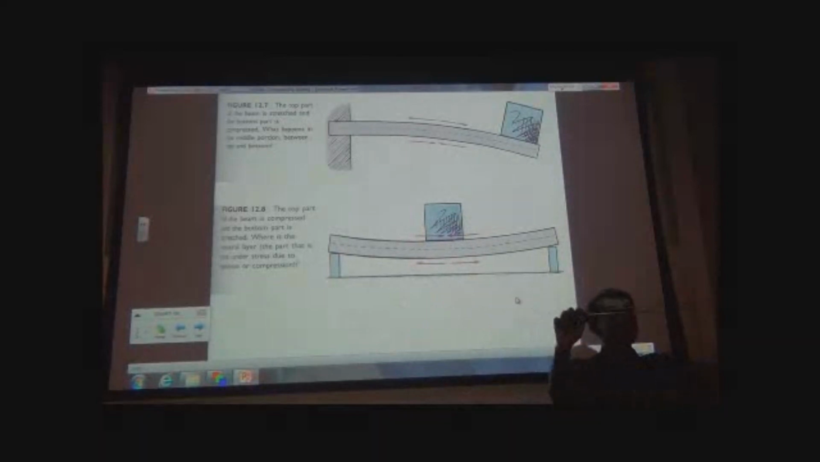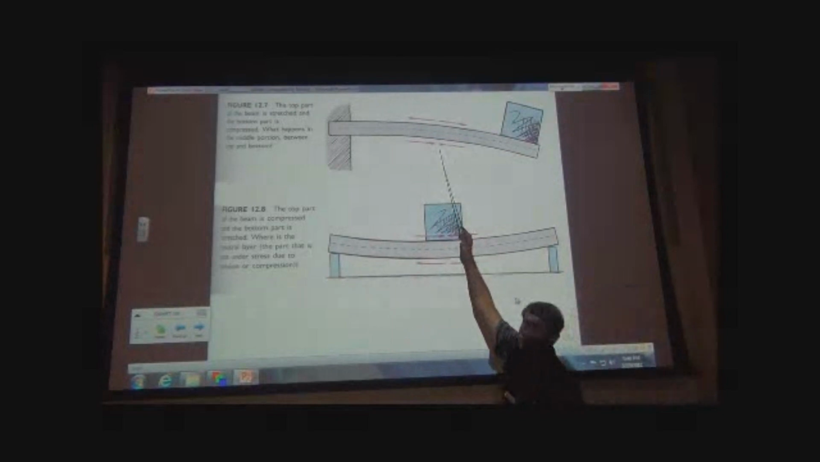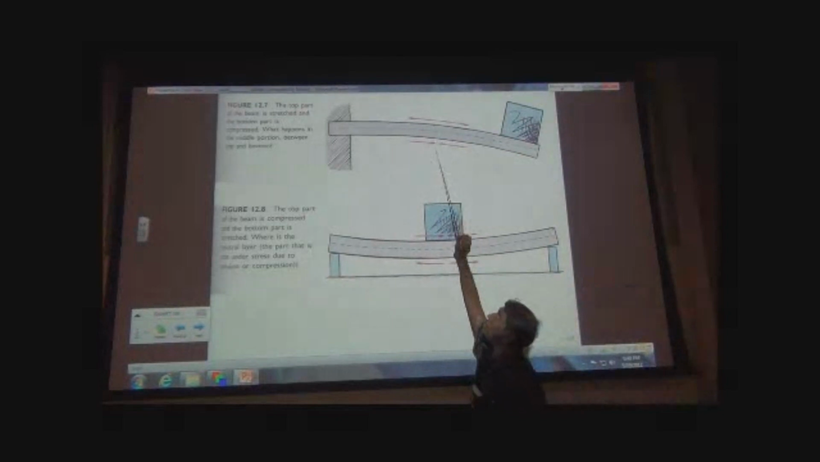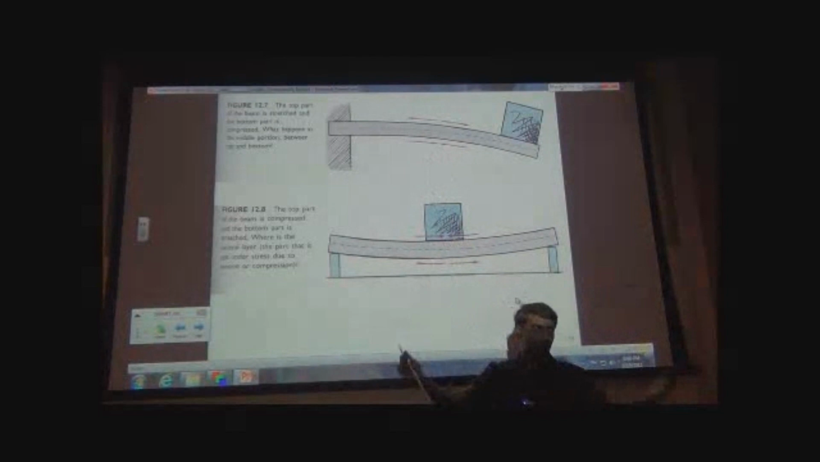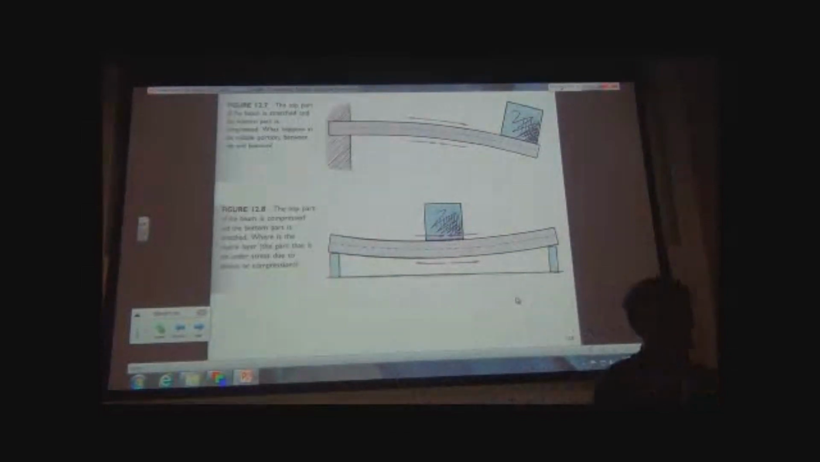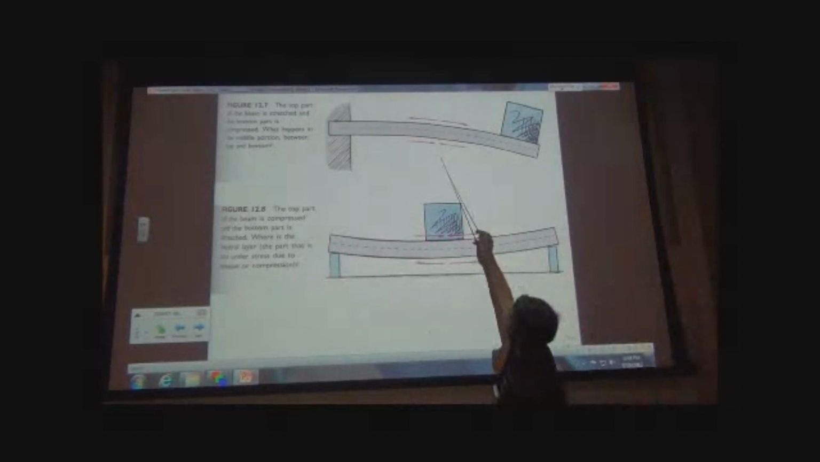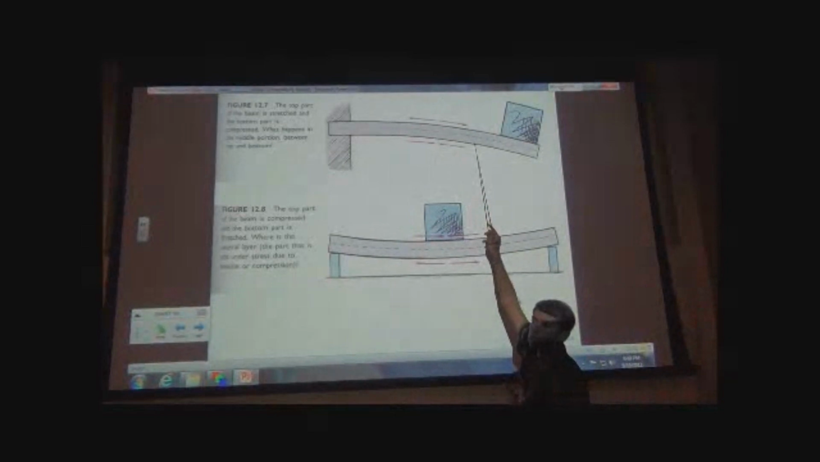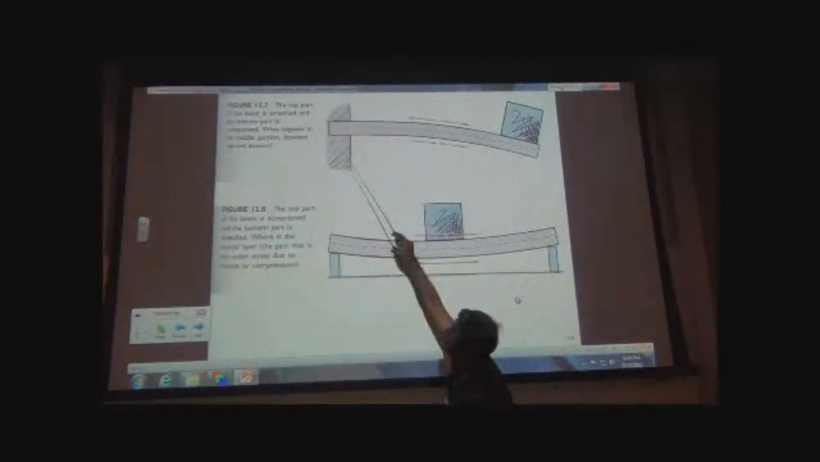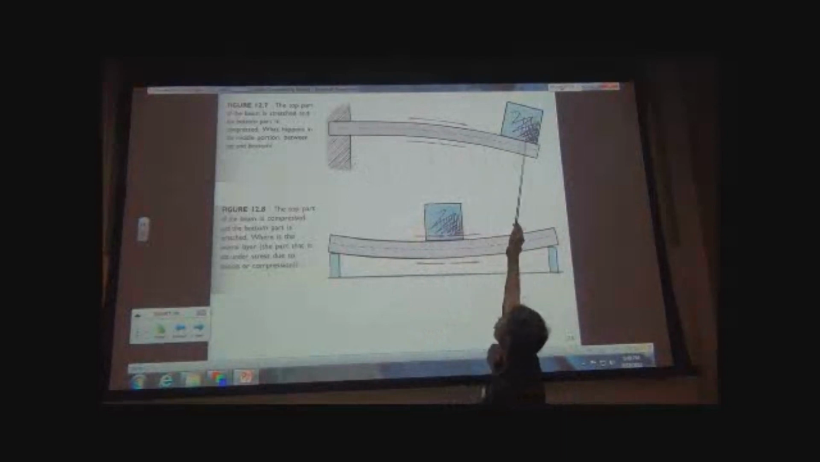So when I bend this like this, the top is experiencing a force that's pulling it apart. The bottom is experiencing a compression. So top is in tension, bottom is in compression, right? Compression means you're being squished. Tension means you're being pulled apart, right? And right in the middle, in between the tension and the compression, is the neutral axis, where there's no compression or tension. So the length of this blue line is the same before and after you place that